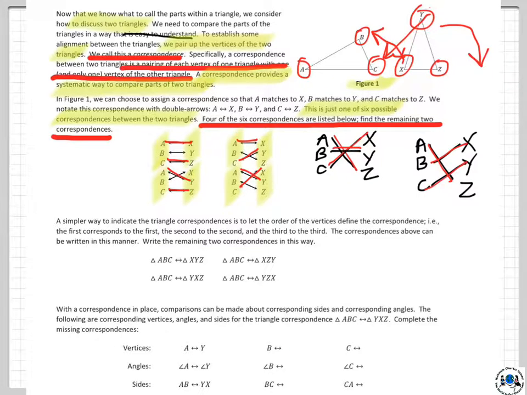So, here we go. After doing that, now we have a simpler way to indicate the triangle correspondence, which is to let the order of the vertices define the correspondence. So for example, the first corresponds to the first, the second to the second, and the third to the third. The correspondences above can be written